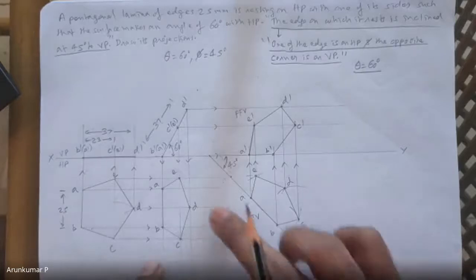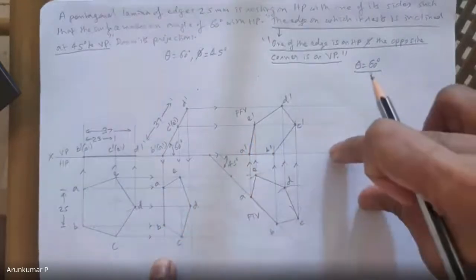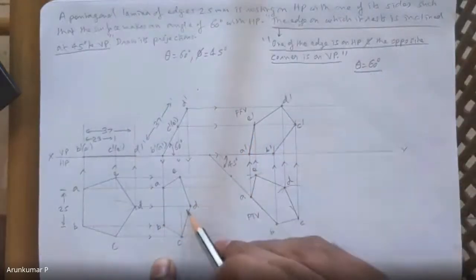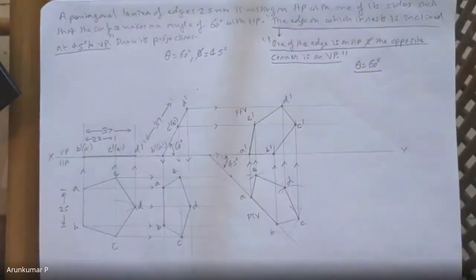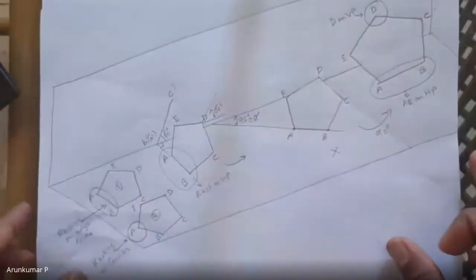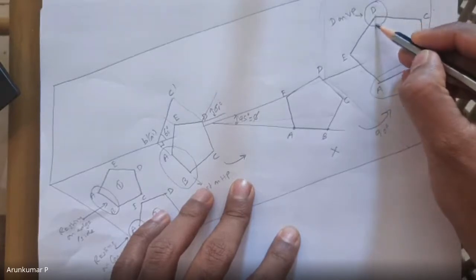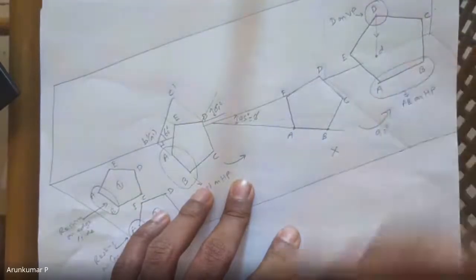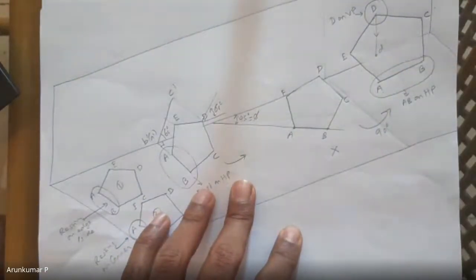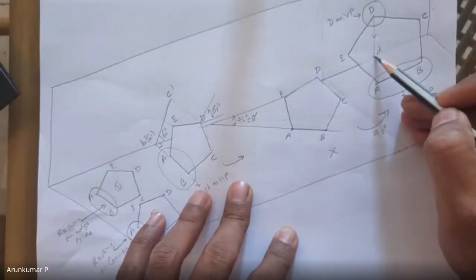So what you have to do is this second step top view, you have to rotate by 90 degrees so that this small d is on xy line. Now why is that? Tell me, where is the top view of D? The top view of D is on xy line, isn't it? So I am going to use that